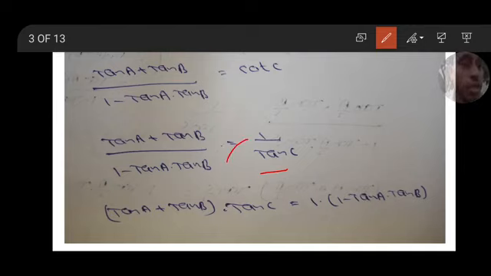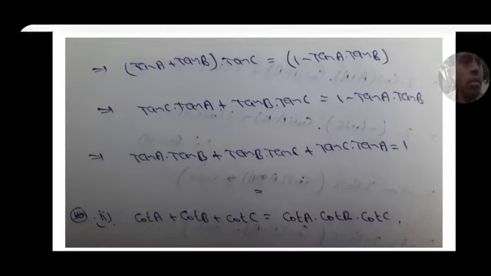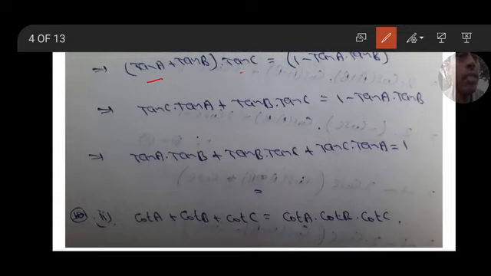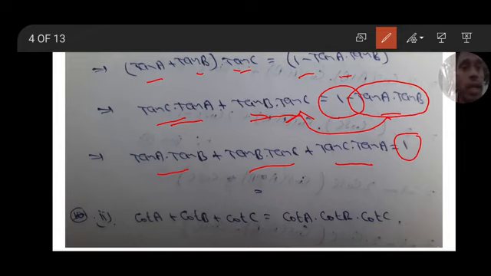So cross multiplication. Tan c will come to this side and this will go to this side. So tan a plus tan b into tan c equal to 1 into 1 minus tan a tan b. On multiplication, tan a into tan c means tan c tan a, and tan b into tan c, 1 minus tan a into tan b. If this minus tan a tan b comes to LHS, it becomes plus, that is tan a tan b plus tan b into tan c, next term plus tan c into tan a equal to 1. That is the resultant equation.